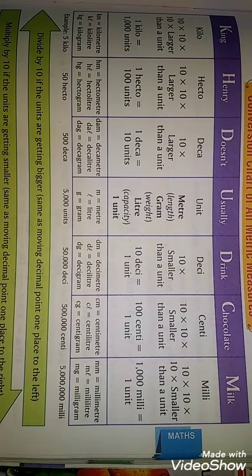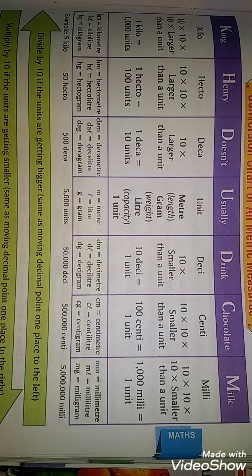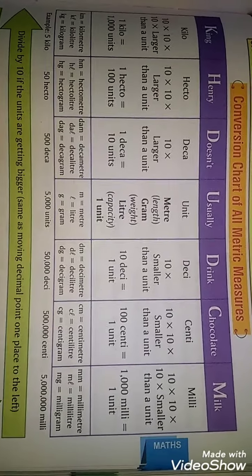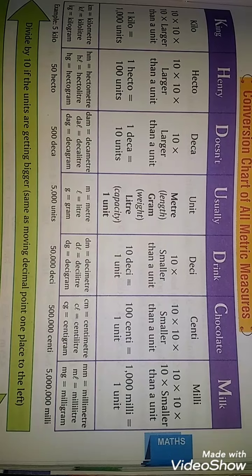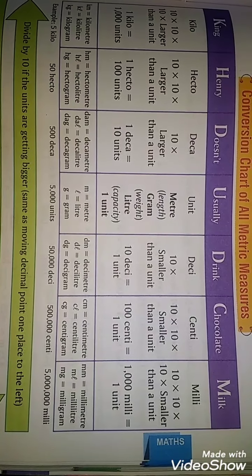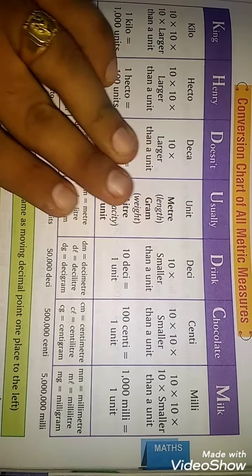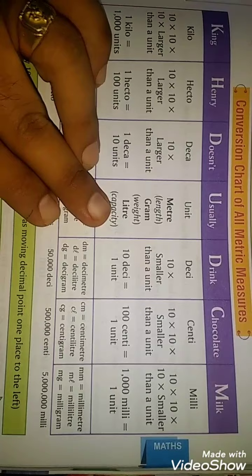Everyone, today from your Deodrop Term Book 3, we will start a new chapter, number 3, measurement. In this chapter, we will learn about how to measure length, weight and capacity. The basic unit of length is the meter, the basic unit of weight is the gram, and the basic unit of capacity is the liter.